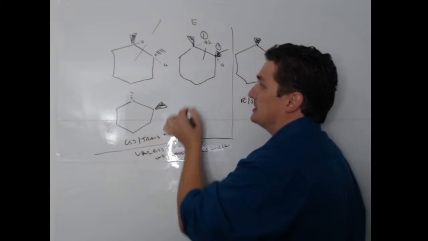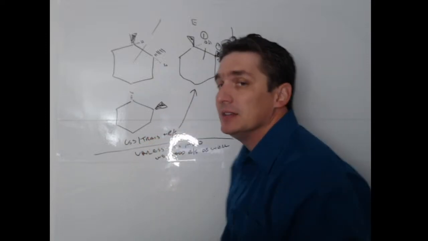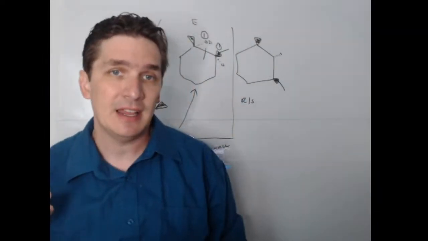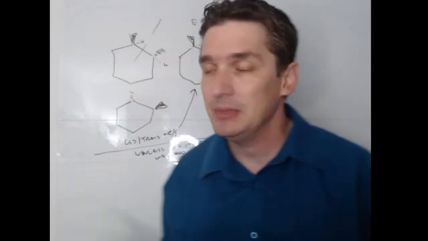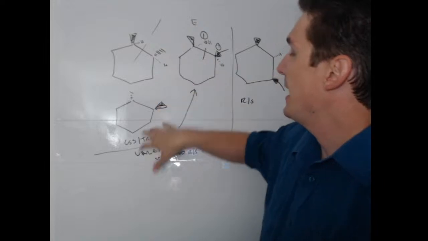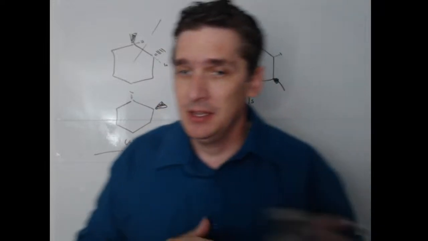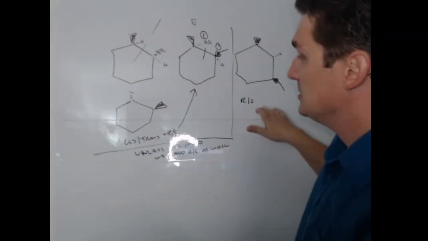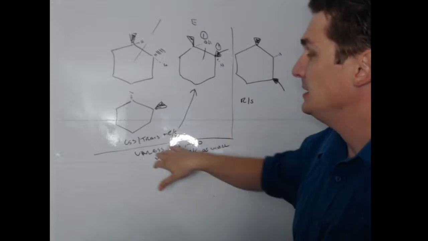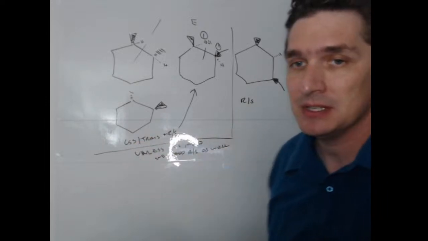plus the R and the S. And the same thing is going to be true for the E and Z. If we end up generating something that does in fact have stereocenters and it's not a meso complex, that's when we're going to start adding the R and S in front of it. So R and S will work every single time. And in fact, I think it becomes a little redundant with the cis and trans, but